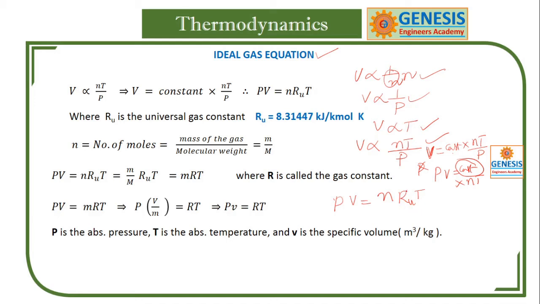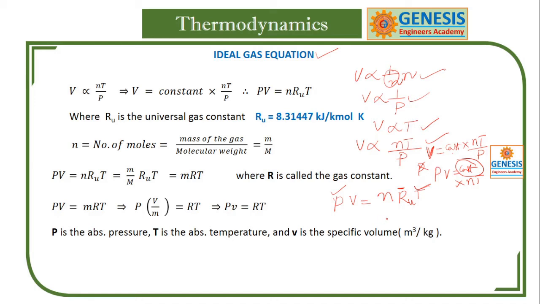I am using a lower-case r, but some people may use upper case. In this, one more thing I want to caution you about is that the pressure is absolute pressure and the temperature is also absolute. You got my point? There is a difference between atmospheric pressure and gauge pressure. If you combine both these pressures, we call it absolute pressure. Suppose you want to calculate the pressure inside a vessel, and the reading shown by the pressure gauge is called gauge pressure.